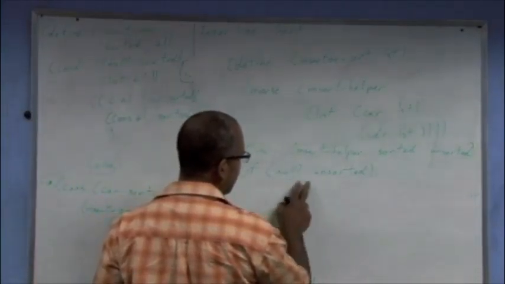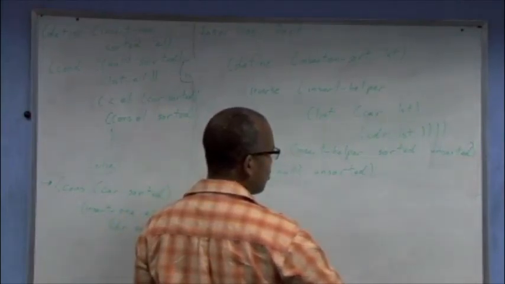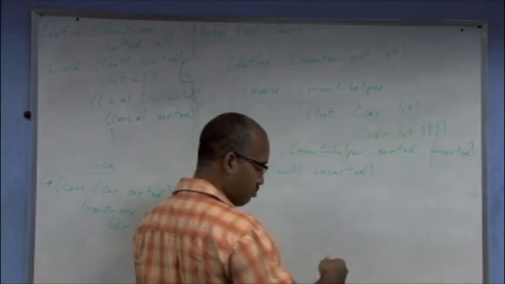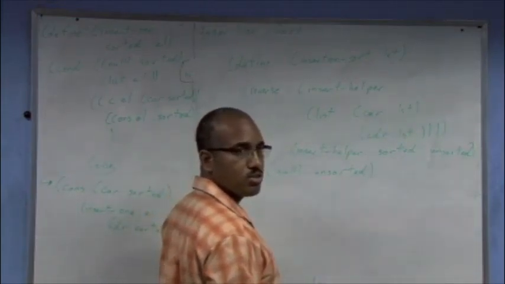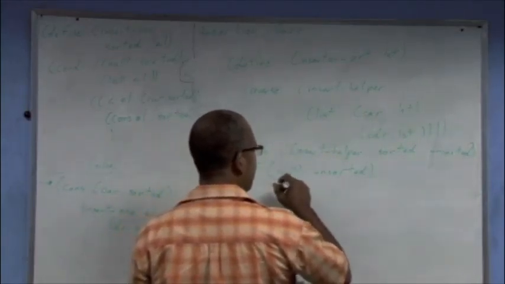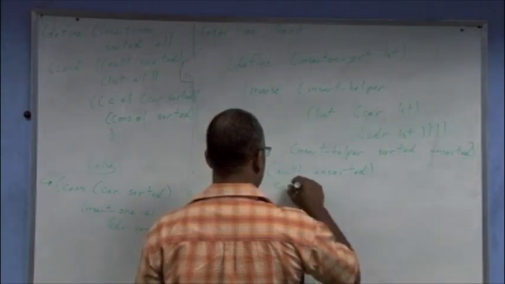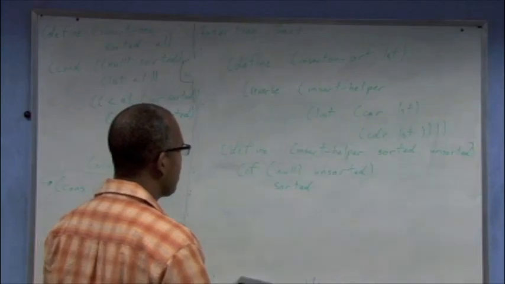So unsorted is empty. We have completed our recursion, reached our base case. So what will we return? Sorted list. Sorry, sorted. Right. Else